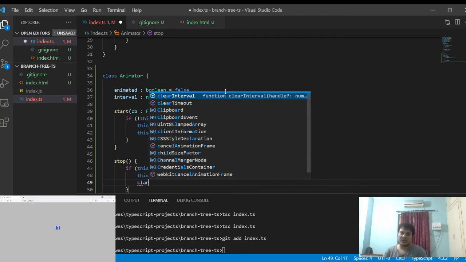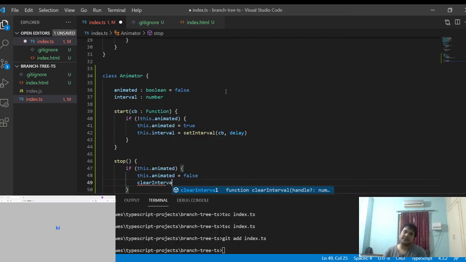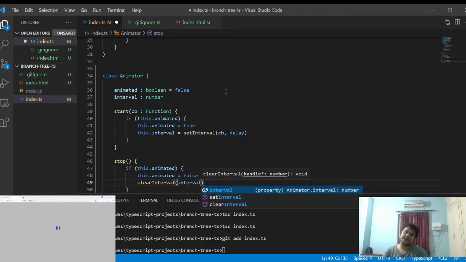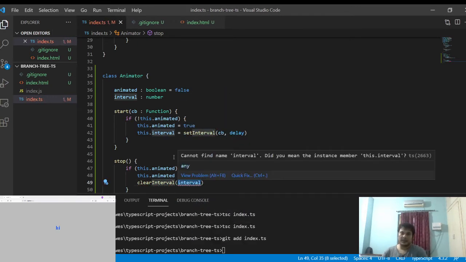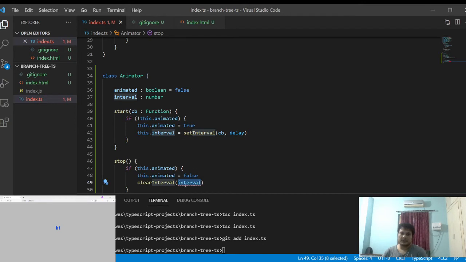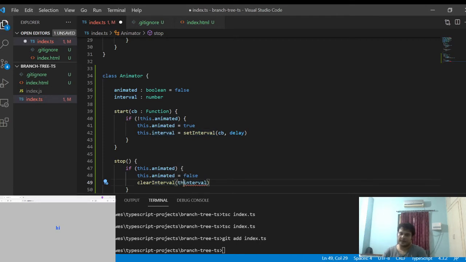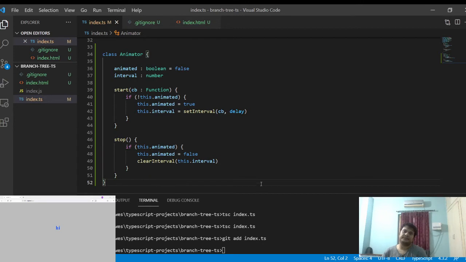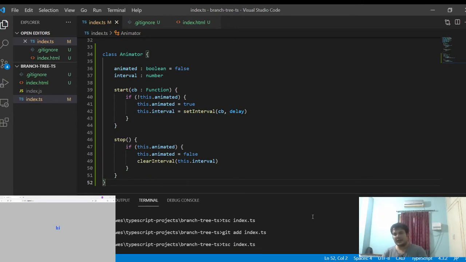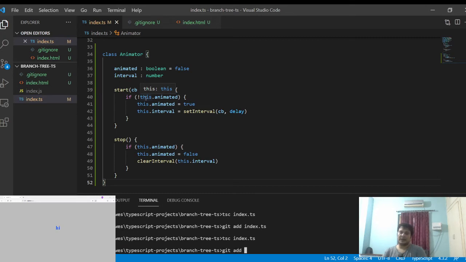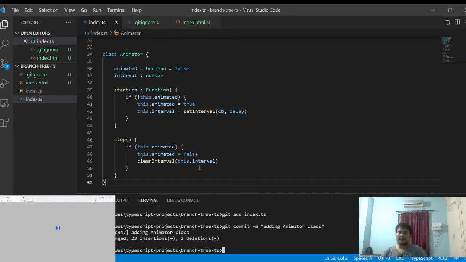And the most important thing is you have to clear the interval, this.interval. Now we compile this, and we'll add it to Git. Okay, we added it to Git and compile this.